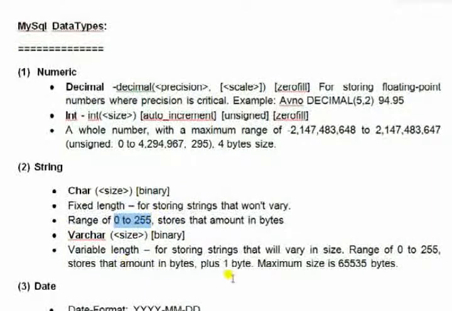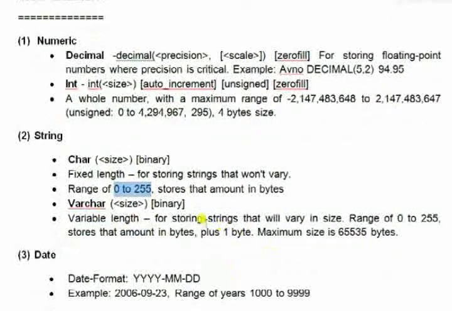The size does not change. But how is varchar different? Varchar is variable character. It dynamically changes its size according to the value entered.